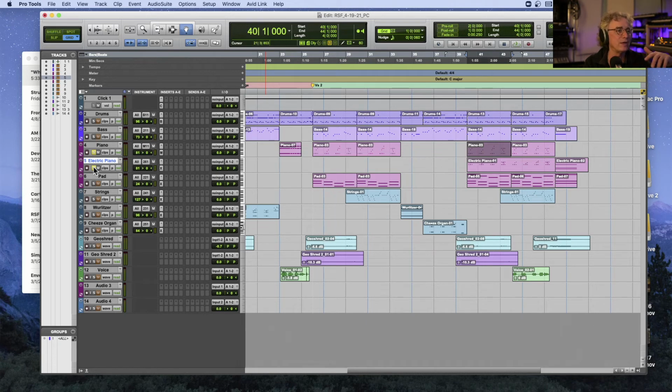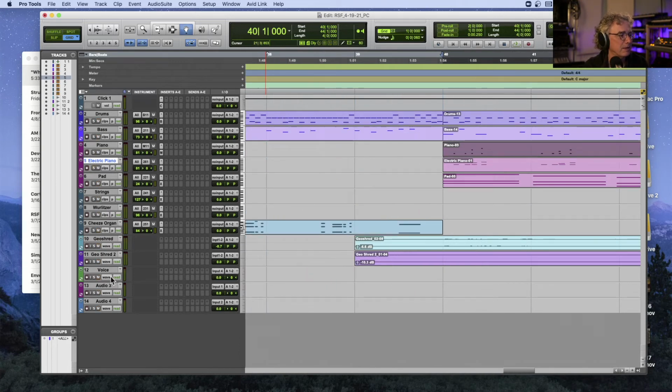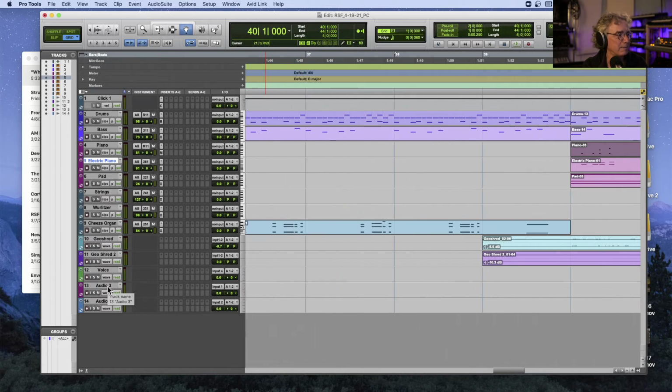So now all of a sudden, there's these pizzicato strings with harp that weren't there before. There's this cheesy organ that's based on something from earlier, right? And then when the Geoshred comes in the second time, there's a harmony note, right? So just all this stuff that makes things a little bit more interesting. Okay, so getting back to here,